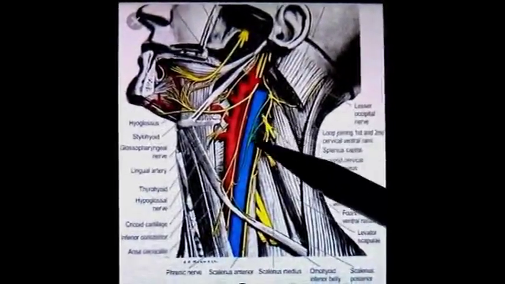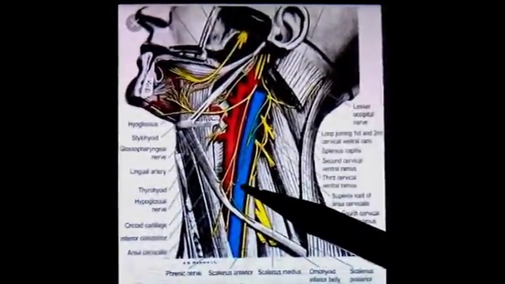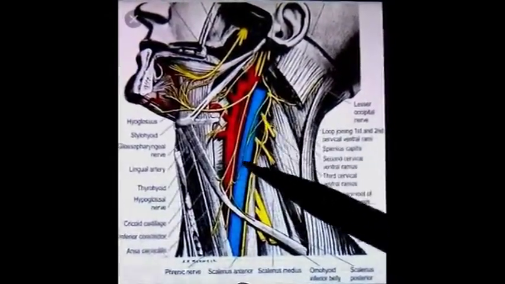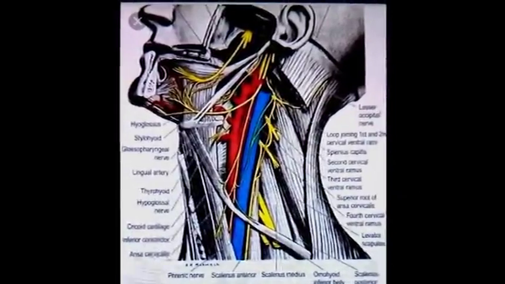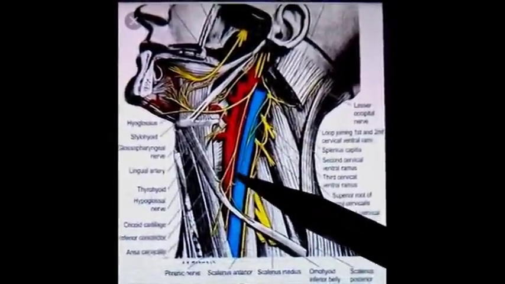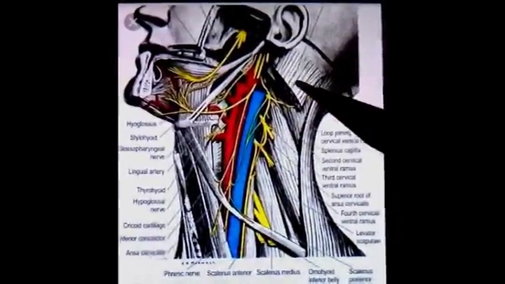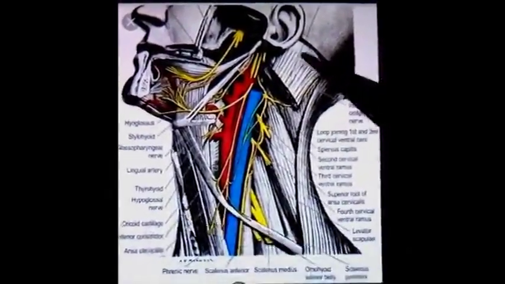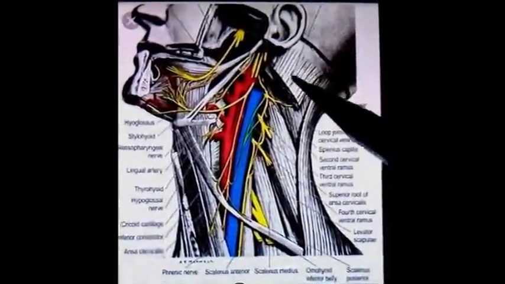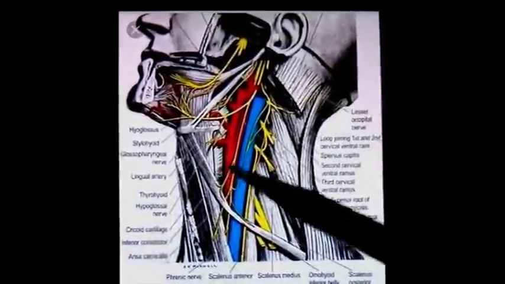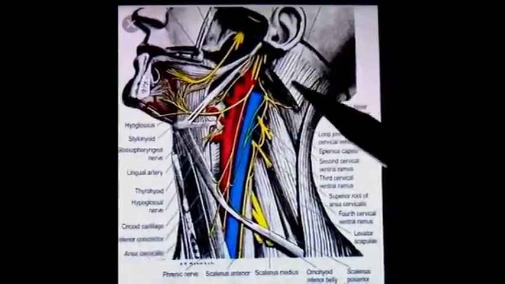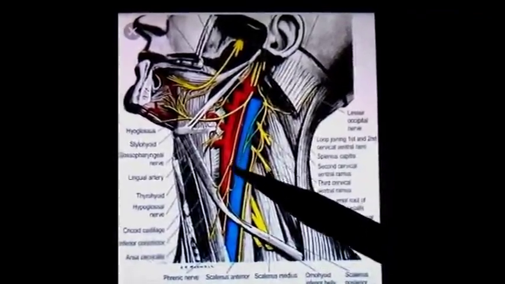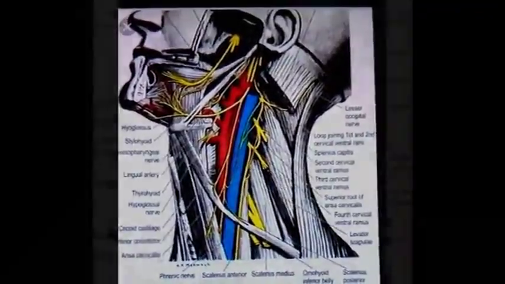Anteriorly there is presence of prevertebral fascia, internal jugular vein which is visible here, but prevertebral fascia is not visible, and then sternocleidomastoid muscle is also present anteriorly. Mainly the lower part of sternocleidomastoid is present anterior to the cervical plexus. So sternocleidomastoid muscle is shown here, but it is cut. Upper portion is visible only, lower portion is cut to expose the deep structures of neck.